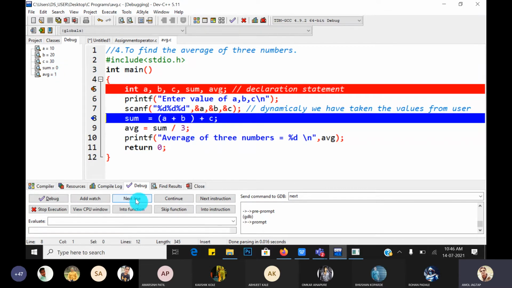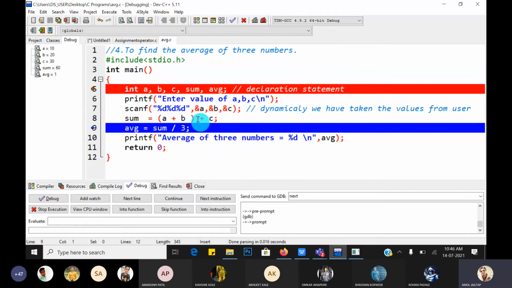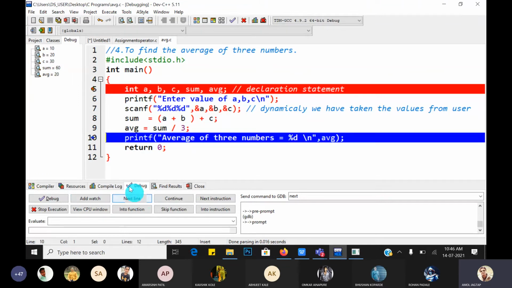When you click on the next line, what happens? a plus b plus c, sum becomes 60. Now 60 divided by 3. When you click on the next line, what is the average? 20. Now this average is displayed instead of %d. So average of 3 numbers is equal to what? 20 is displayed on the console window.